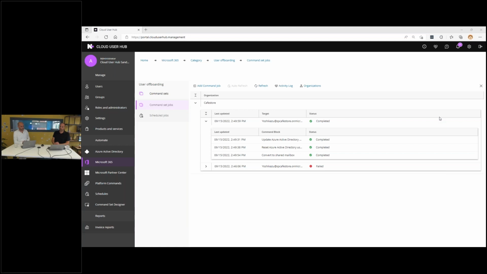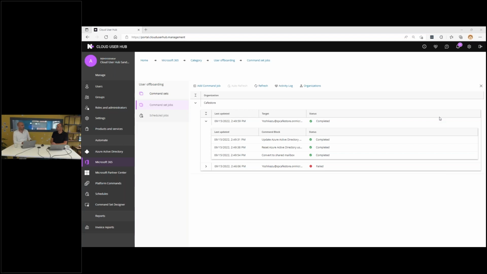And it also helps you with self-servicing from a customer perspective, because you can grant this capability, which is normally technically complex. If you want to do this, you at least have to go through a couple of portals, think about Exchange Online, Azure AD, and perhaps you need to do something with Teams as well. So then you're already hopping through multiple portals, doing all those manual actions, and this can do that in a single execution. So you can build your own command sets. You can make them as big as you like. You can make as many as you like, but